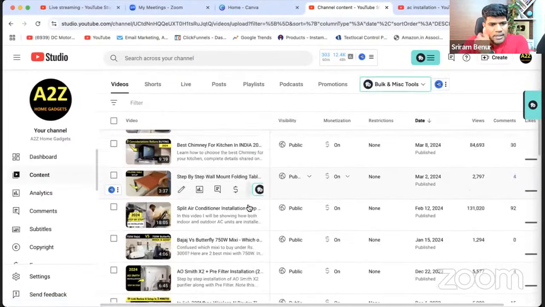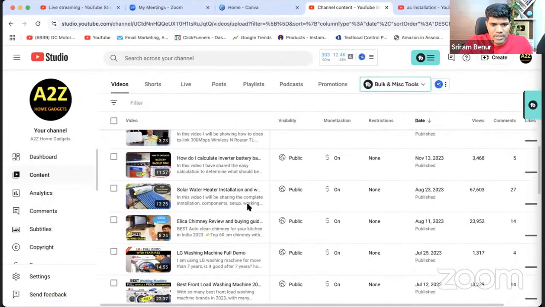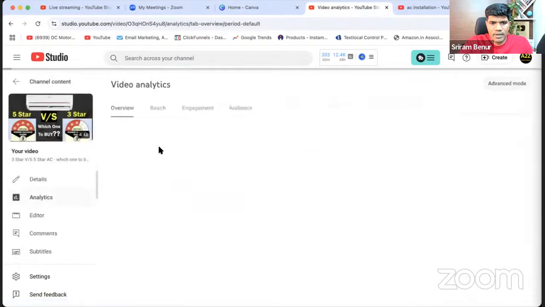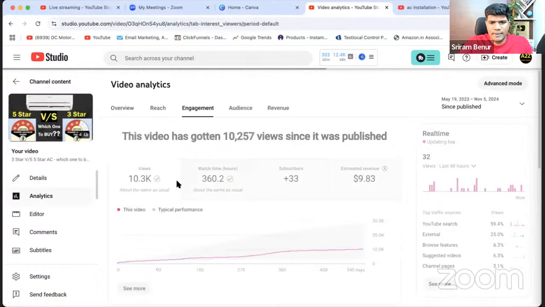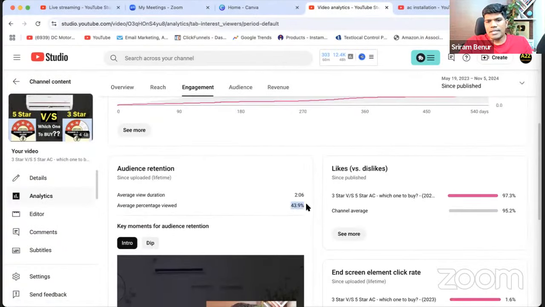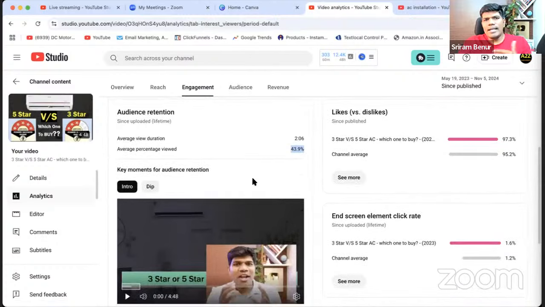Let's take an example so that you understand this. Let's go to engagement here. So this has a retention of about 43%, right? So anything above 35, 40%, or more than 50, 60% is brilliant, right?